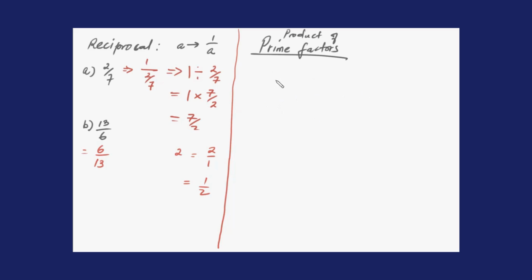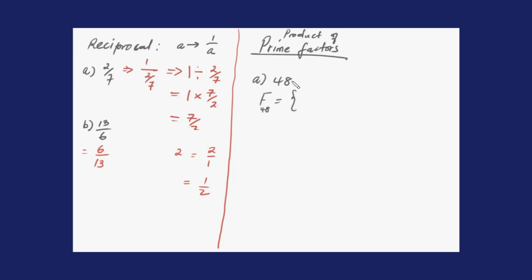Well, the first number is 48. What are the prime factors of 48? We can list the factors. Let's start with the factors. Then from the factors, we take out prime numbers. Those numbers will be the prime factors of 48. Let's get the factors of 48, guys. Factors of 48,